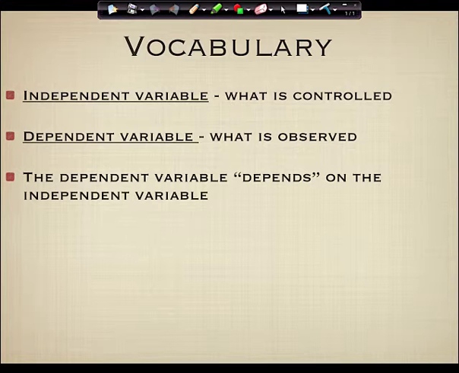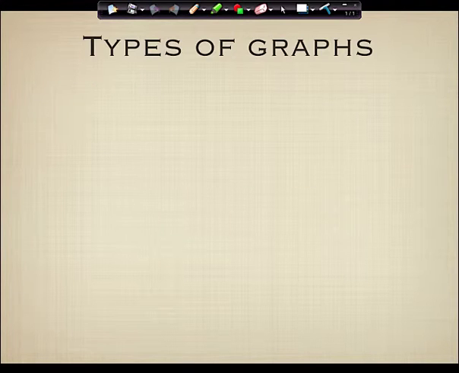So guys, here's where we're going to start. We'll start the concept. So when we're graphing data, we need to understand that we have a toolbox, if you will. You don't need to write this down, we'll come back to it in a minute. There are some types of graphs that we are going to utilize in this class. In biology, you do a lot of pie charts, because biologists like to look at parts of a whole. We don't do that. In this class, there are actually three types of graphs that you'll be utilizing.